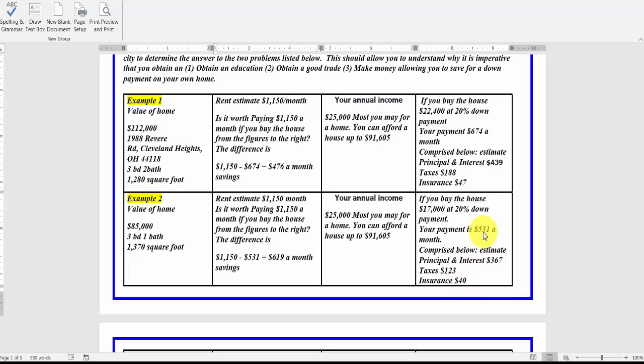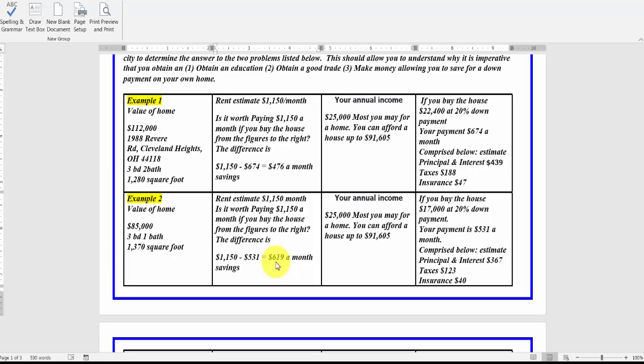Now, if the owner wants to rent this house to you, the house is renting for $1,150 a month. What's the difference? Well, $1,150 minus $531 is a savings of